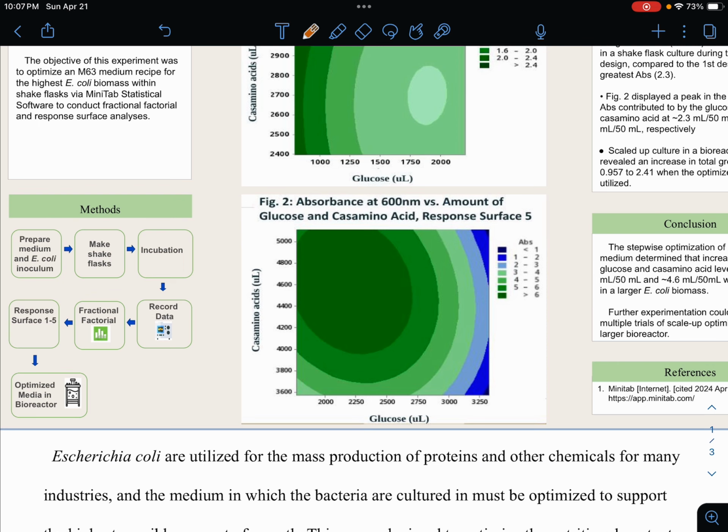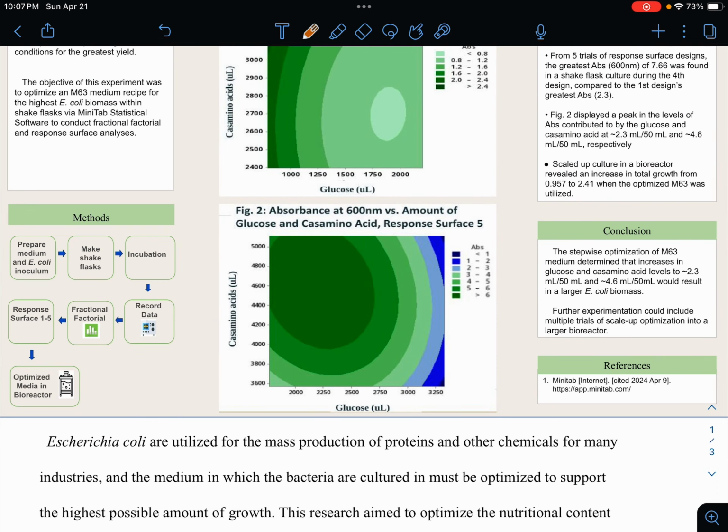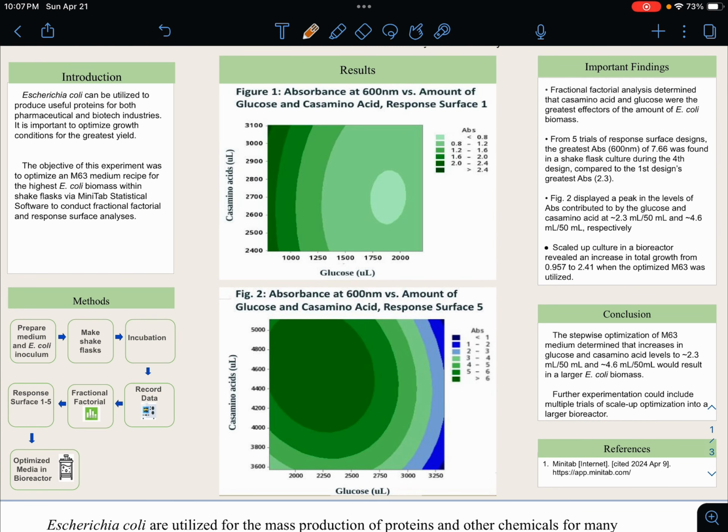Okay, now comes in our response surface. This is going to be, again, designed in Minitab, and you're going to be using the increments that you set in a range, and then Minitab just designs what levels go into each flask. From those readings you get the absorbance, you get these contour plots, and then you just follow the contour continuously and hopefully get a higher amount of biomass, and then of course scale up into the bioreactor once you get the